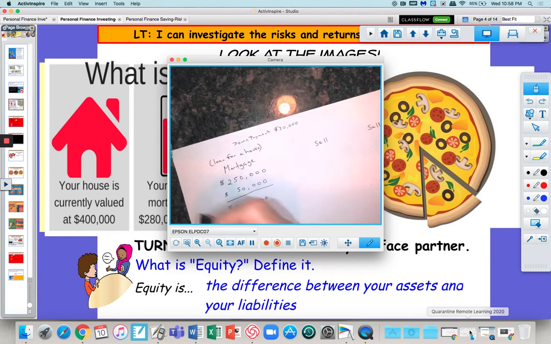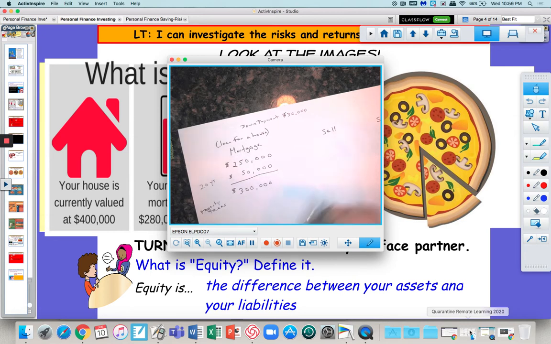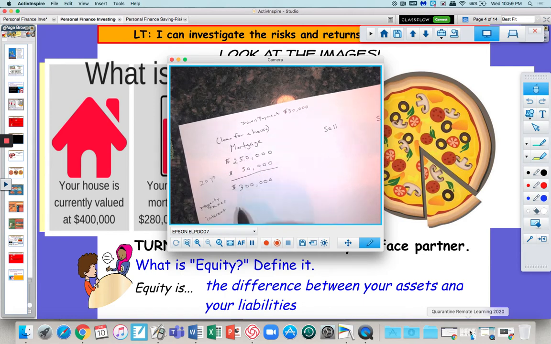So let's say over that 20-year period, between the actual mortgage and paying about $50,000 in repairs over time, the total cost for that home ends up being about $300,000. Keep in mind, too, you would have also had to pay property taxes on it every year, right, which is a certain percentage of the value of your home. And then you would also have to pay the interest to the bank. So even though you took a loan for $220,000, keep in mind you're going to end up paying the bank way more than that. So this number would even be higher.